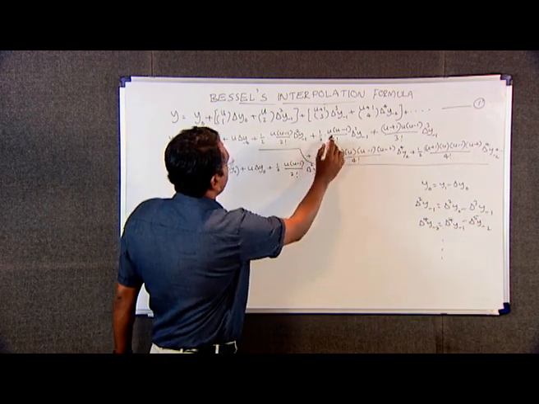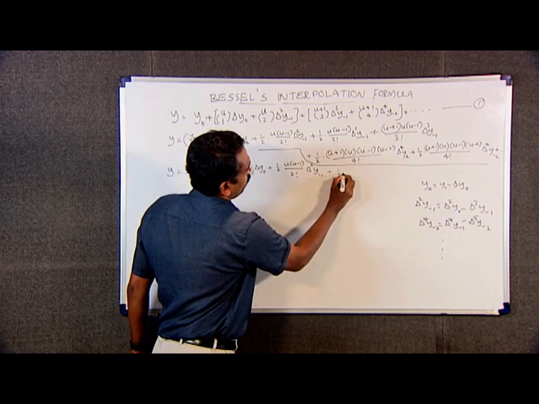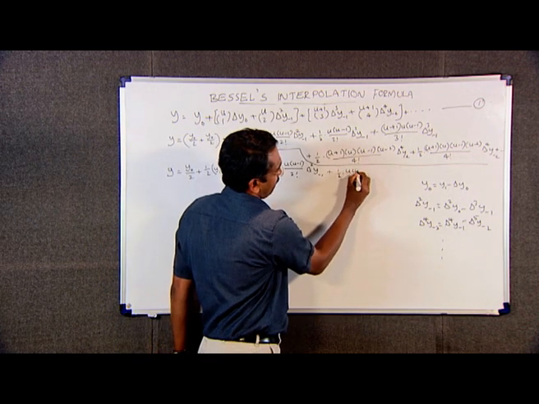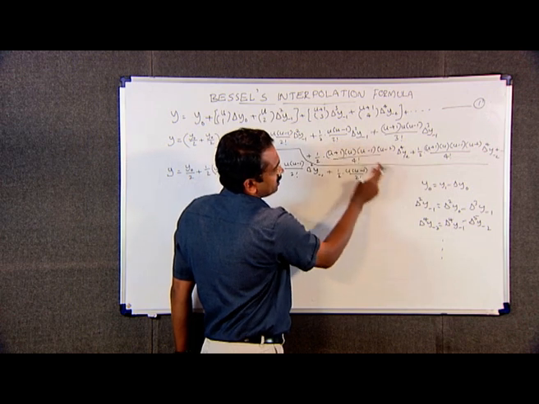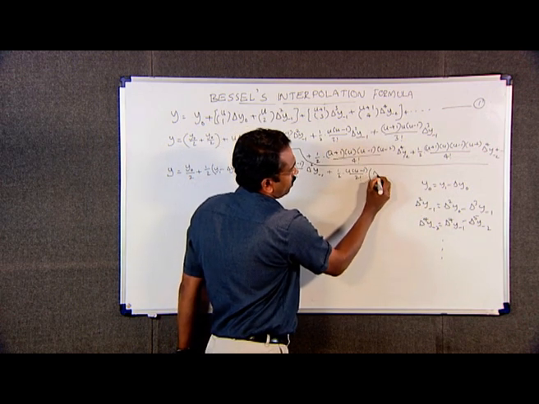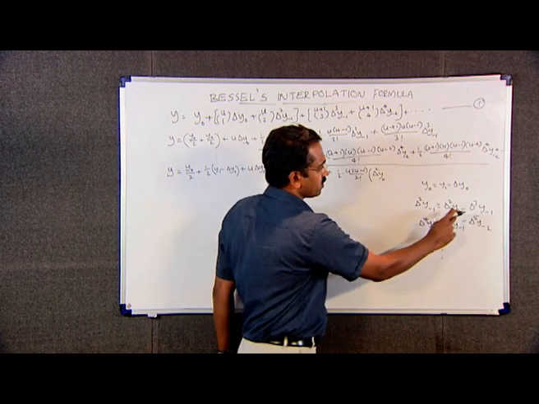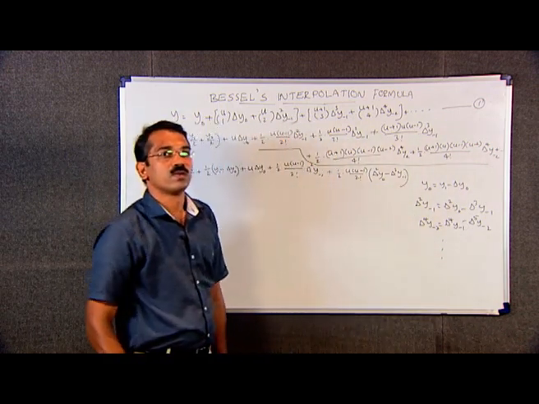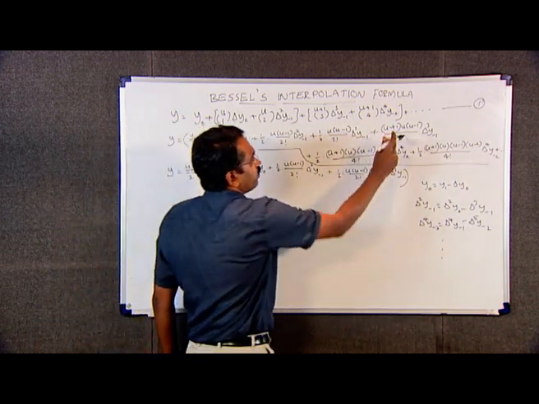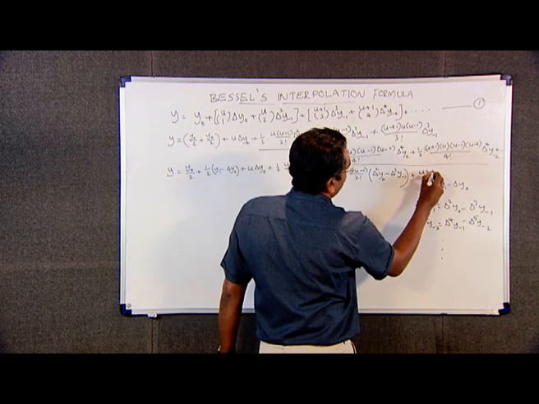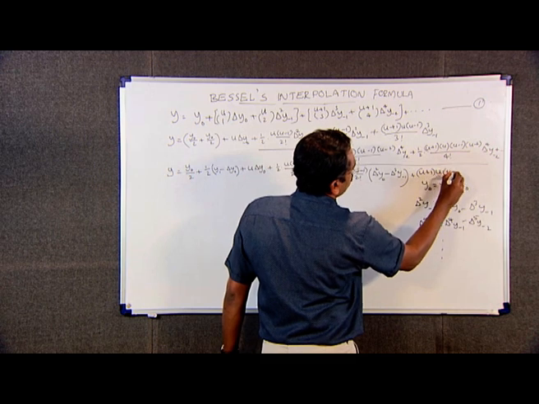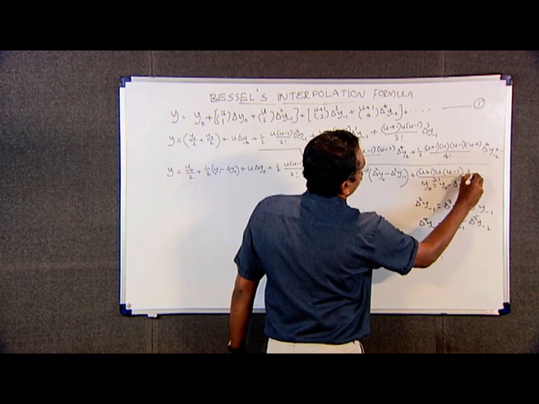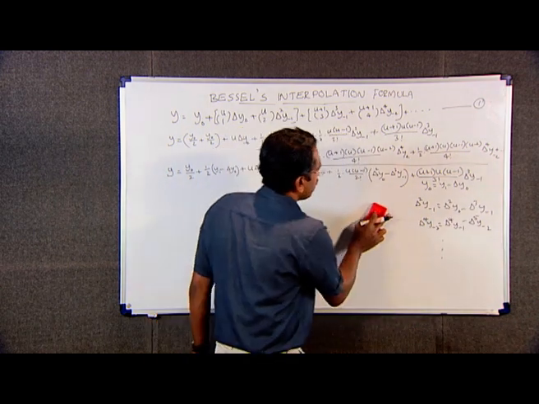We can write this as 1 by 2 into u minus 1 divided by 2 factorial into delta square y minus 1, which is delta square y naught minus delta cube y minus 1, plus the next term, u plus 1 into u minus 1 divided by 3 factorial into delta cube y minus 1, plus